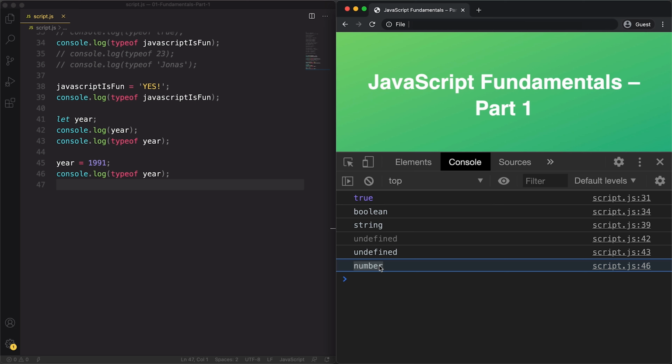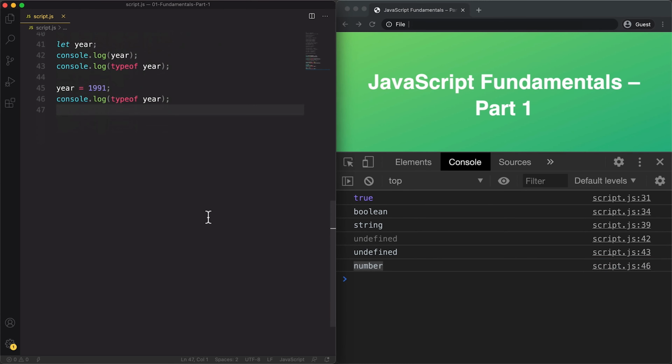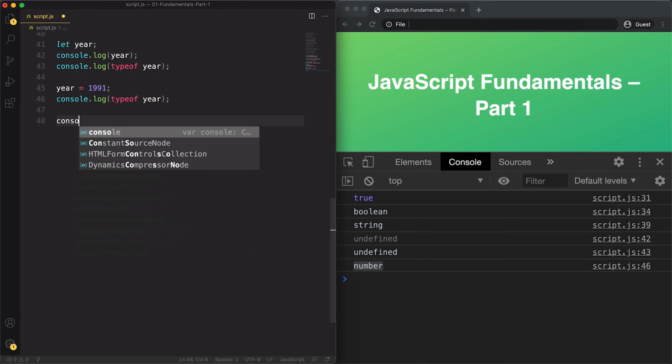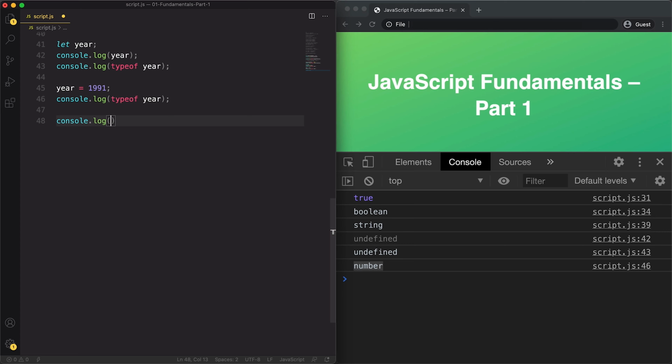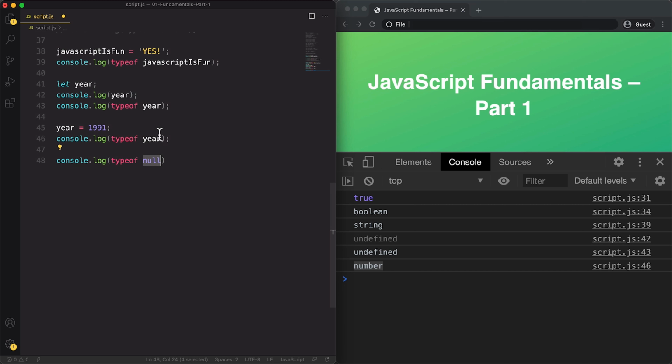Great. Now finally, just to quickly finish, I want to show you an error that exists in the typeof operator. So all I'm going to do here is to quickly say console log typeof null. Remember that null is just another data type and it's similar to undefined. It's also similar in that both the value and the type of the value are null. Okay. Now about this bug,